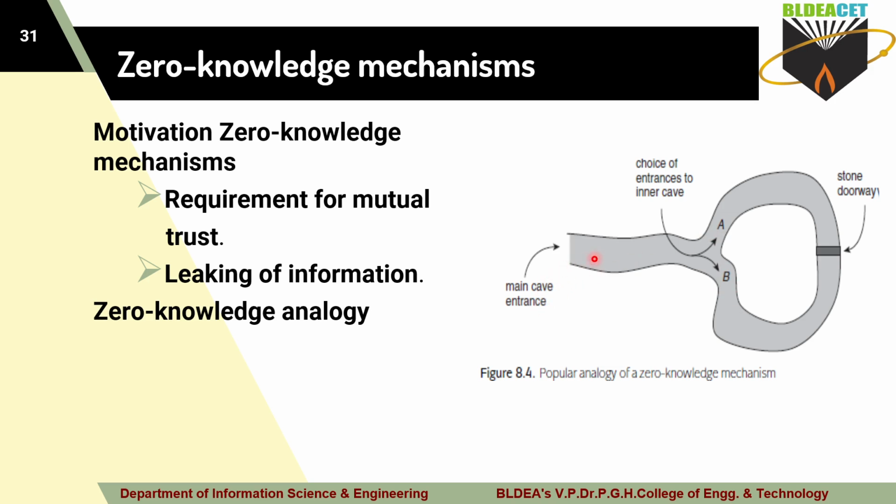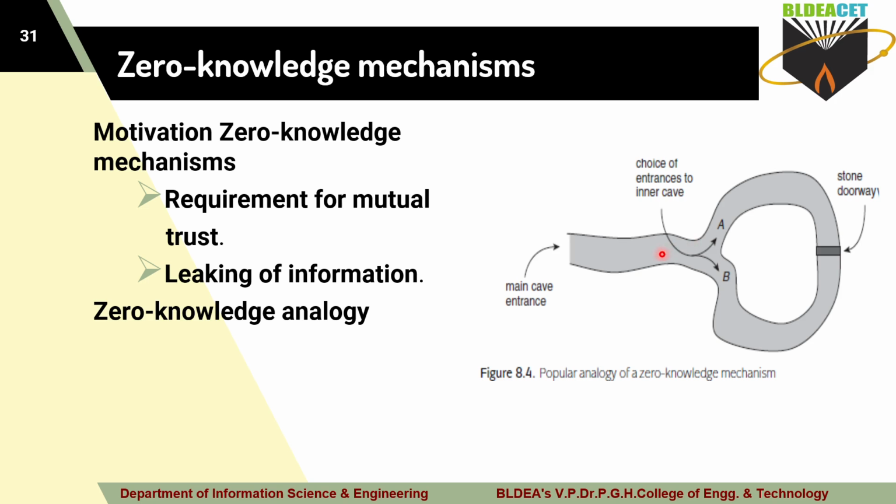So at this main cave entrance, for example, if the verifier doesn't know the key phrase, then what happens here? If you go to this path, you have to wait here, and the verifier or guide will reach this particular path. While reaching it, they have to pass that key phrase here. So what are the possibilities for passing that key phrase? If guide A enters path A, if the guide selects this path.